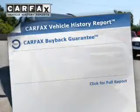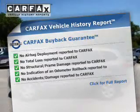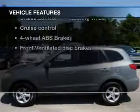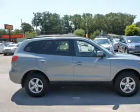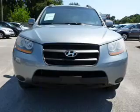An included Carfax Vehicle History Report allows you to purchase with confidence and the knowledge that your buy was a smart choice. And with these notable features, you won't want to miss out on the opportunity to own this amazing ride. Keyless entry, power door locks, power windows, cruise control, an AM/FM stereo with a CD player, a satellite radio,